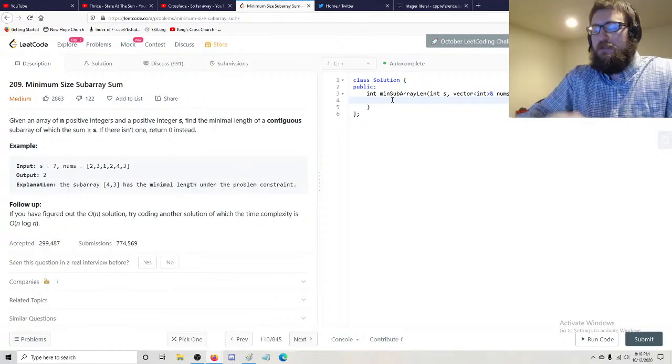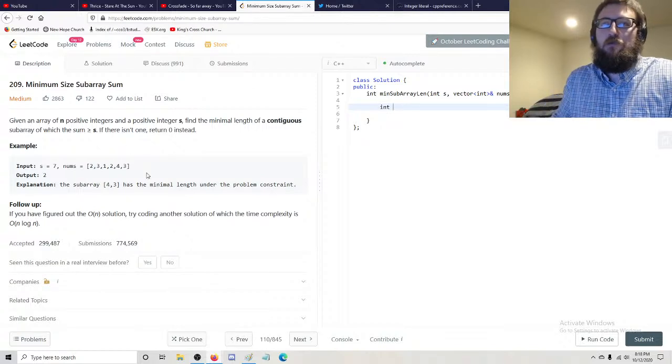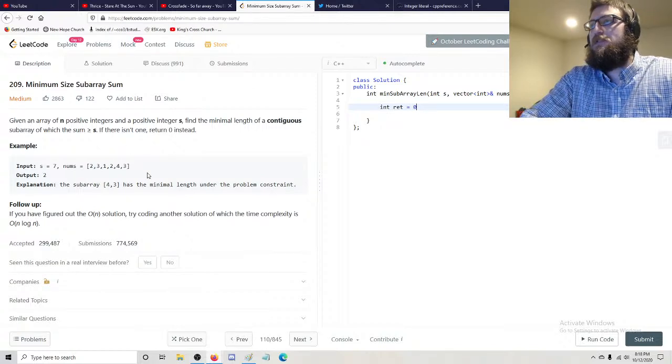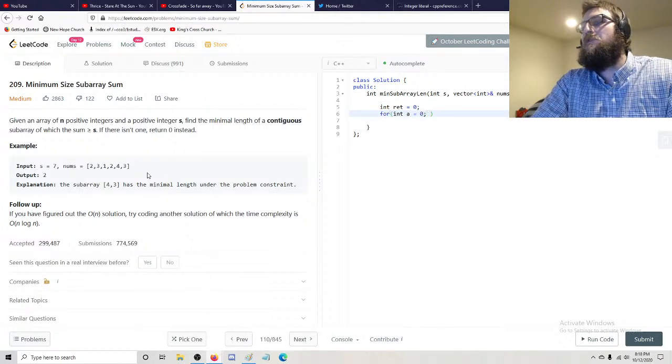It's pretty straightforward. So let's try it. Let's give it a shot. So we're gonna say int ret. It'll be 0, and then we're gonna say for int A equals 0, and B equals 0,